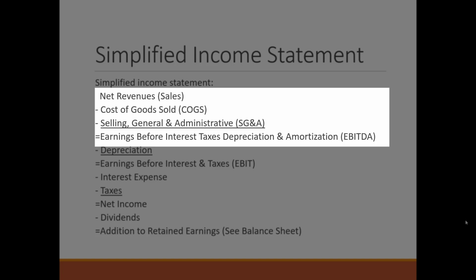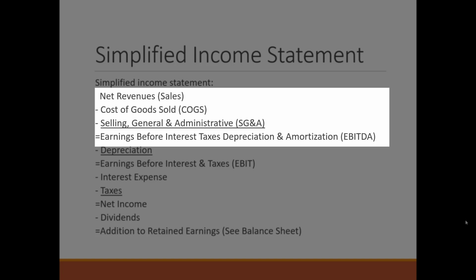And if we take the difference between revenues and the cost of goods sold and SG&A, we have this thing called earnings before interest, taxes, depreciation, and amortization, or EBITDA. I call it EBITDA. It may have other pronunciations, but anyway, EBITDA is basically a measure of operating income that is very commonly used and talked about, and the nice thing about it is it takes away the effects of the capital investments that you're making and the depreciation schedules